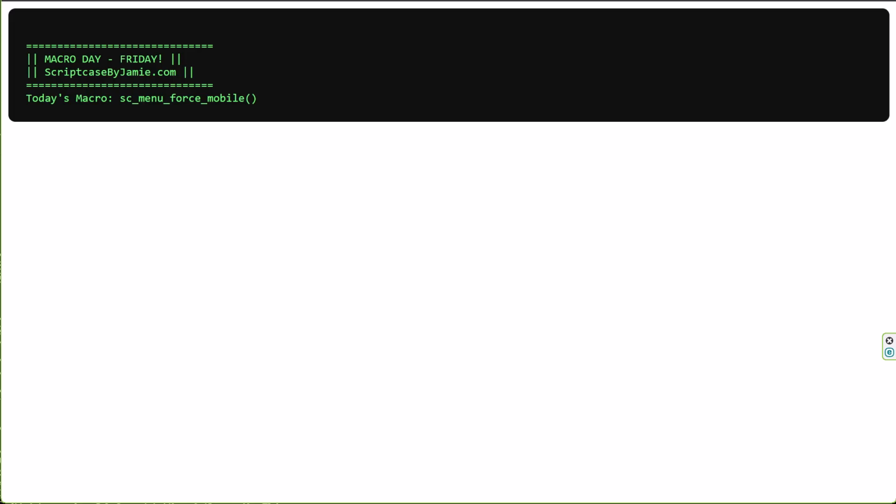Now normally Scriptcase handles this automatically for you. It detects in the background the screen size, and then this macro gives you the power to override that functionality so that you can manually enable or disable the mobile menu view based on your own logic or maybe your own specific needs. Now, as you see, we have the macro displayed here,